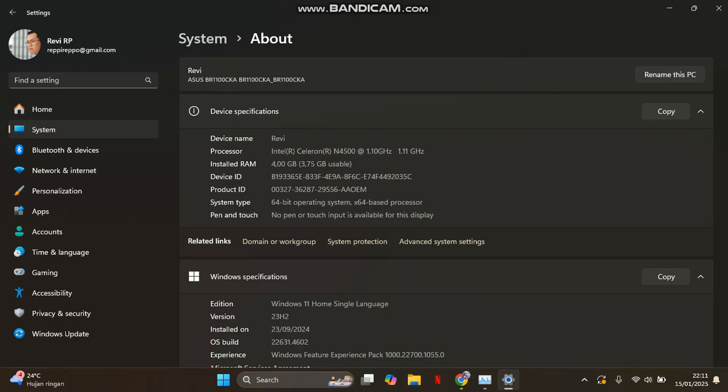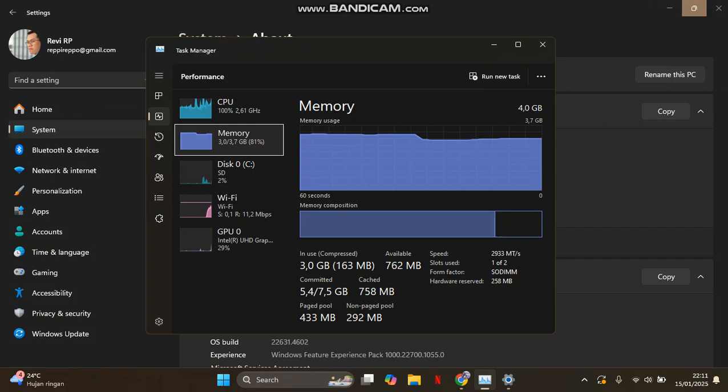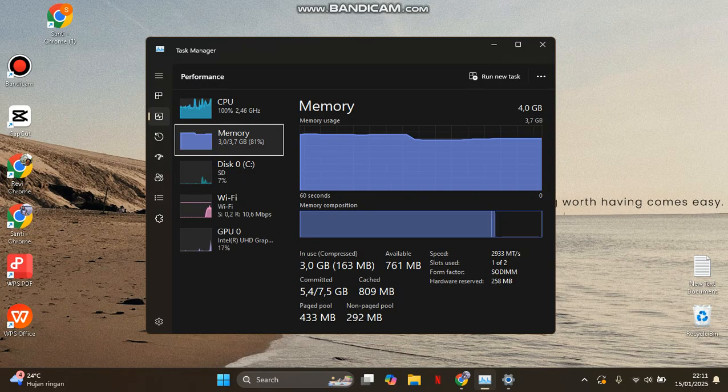And you can also just use your Task Manager to assess your current RAM usage. If you are unsure about how much RAM you need, you can just press Control Shift plus Esc to open the Task Manager. So I've already opened mine in here. And to go check